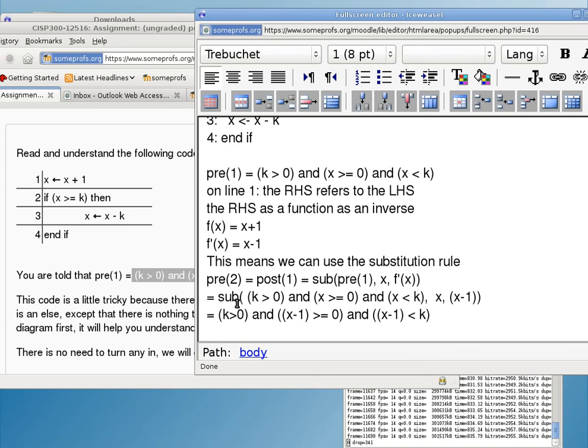If I tell you that x is an integer, can I simplify this a little bit? Okay. Assuming that x is an integer,